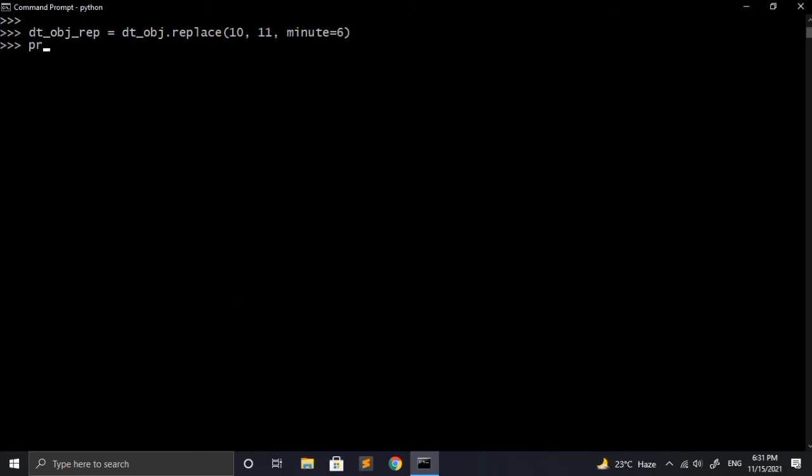Now if I print it, the first thing in the datetime object, which is year, has been changed to 10, and after that our month has been updated and our minutes have been updated. The rest remains the same. Even if I print the original datetime object, you can see the difference: the year has changed and the minute has changed. I have specified month as 11, so it remains the same.